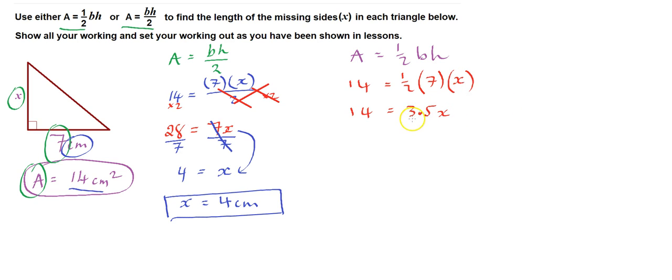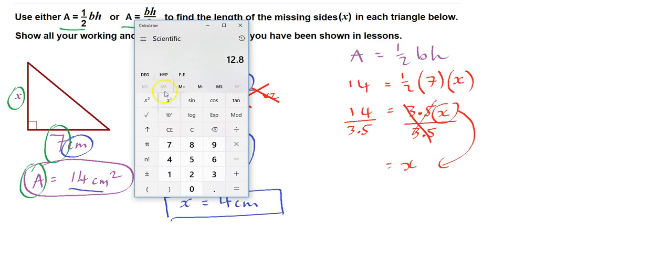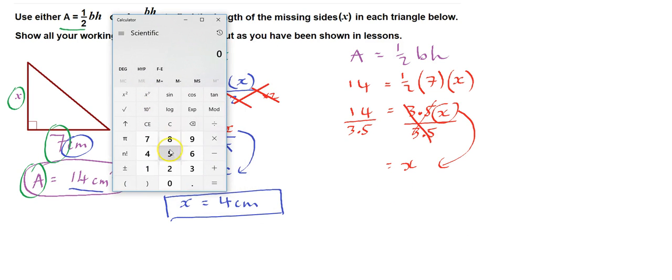I've got to get rid of 3.5. That says 3.5 times x, so I divide by 3.5. Remember, I do the opposite, the inverse of multiplying by 3.5. I do it to the other side as well. This cancels out, and this leaves me with x on this side. And 14 divided by 3.5, let's just calculate that, just to make sure we've got it right. So 14 divided by 3.5